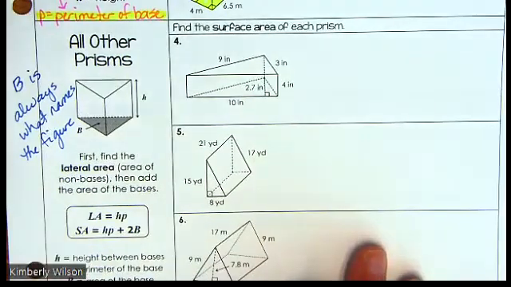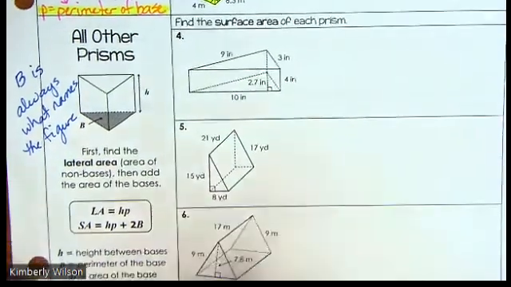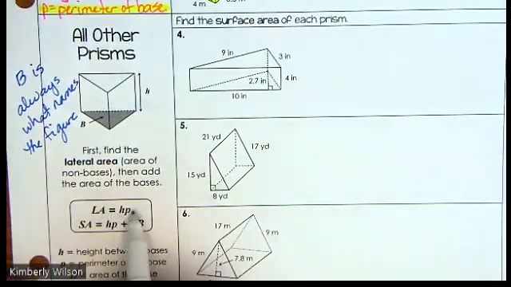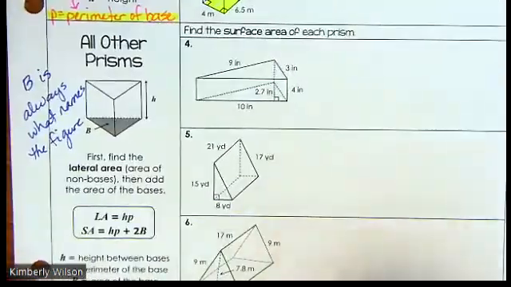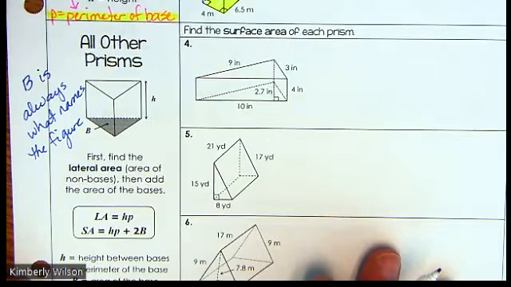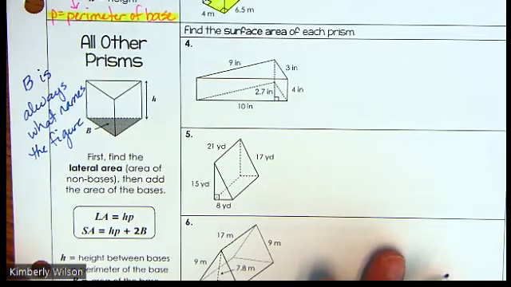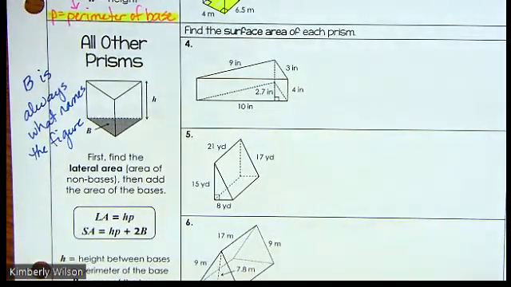All right, so it's the same formulas that we have here. You'll notice it's the LA equals HP. Notice the HP plus the 2B. So it's all the same formulas that we're using. We're just going to have a different capital B formula to use. It's going to be based on a triangle, not a rectangle. Okay, so here we go. Let's look at